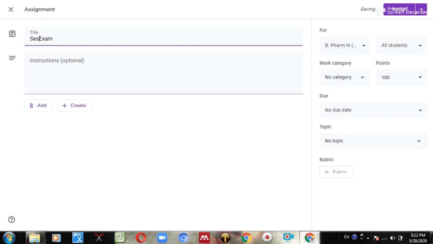That means the test includes questions from topic 1 to 3, or whatever you want to instruct the students. That means solve it on plain paper, scan with CamScanner and upload it. Whatever you want to instruct the students, you can instruct from here.